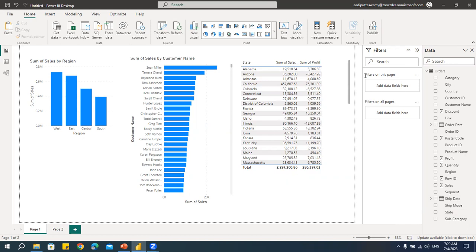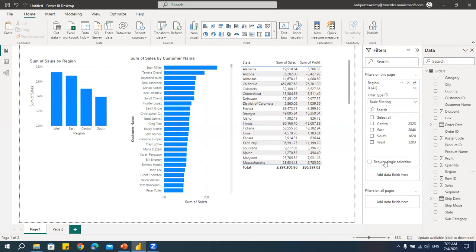Next we have filters on this page. Filter on this page means if I apply filters here, we have to drag and drop a column on which we need to filter. If I drag and drop a column, then it will ask for the same options that we had. Let me go here. Let's say I want to filter based on, first we'll take this subcategory. I'll just take one column here, or we'll take a simple one, region. I'll put it here. You can see that I'm getting the same options, but when I click on this filter type,